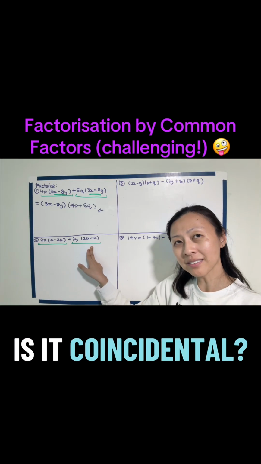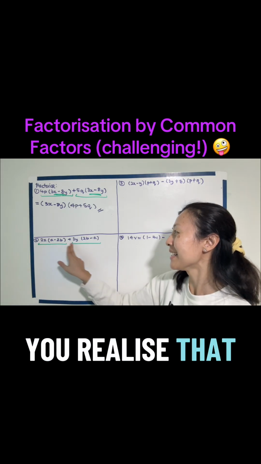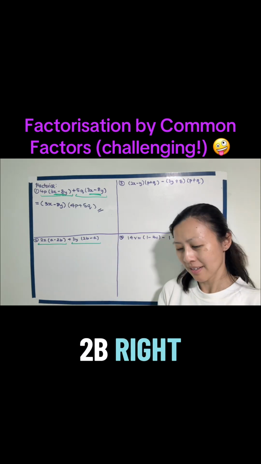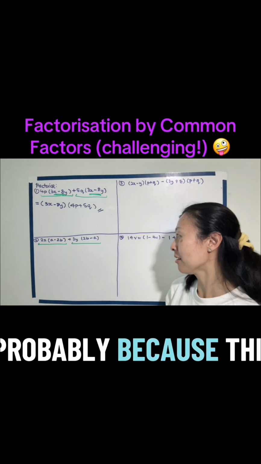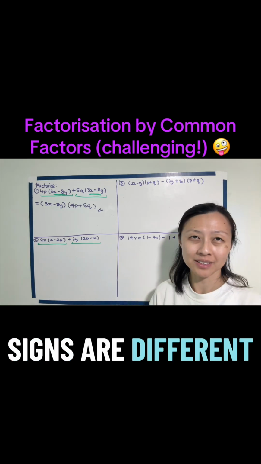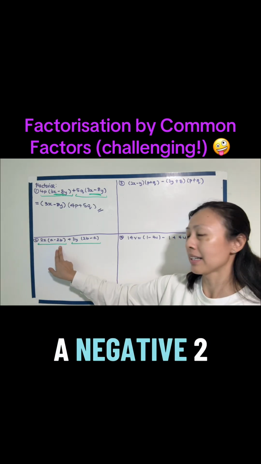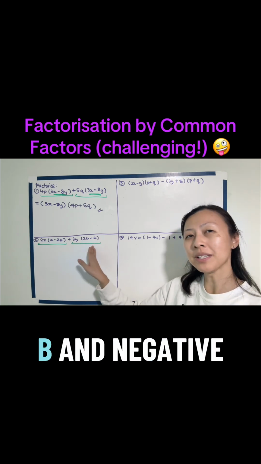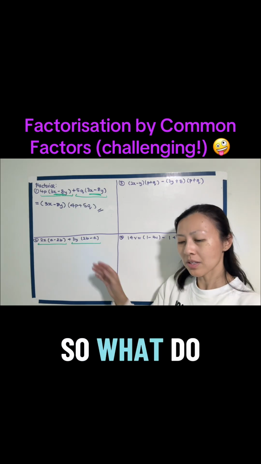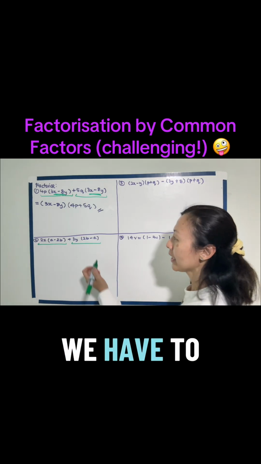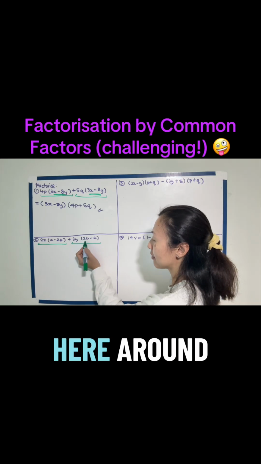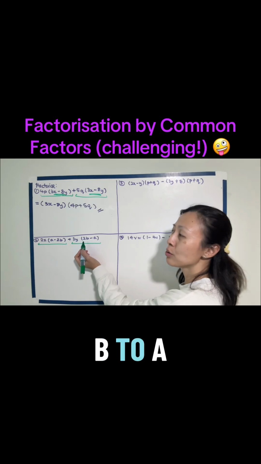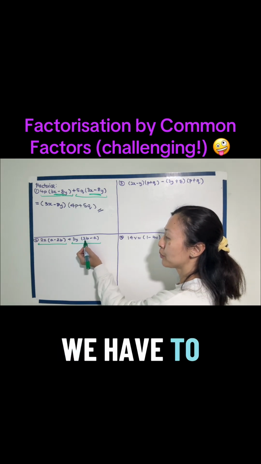Is it coincidental? Well, you realize that you're so tempted to probably factorize out a and 2b, right? But what holds you back is probably because the signs are different. This is positive a, negative 2b, whereas in the second part of the expression, it's positive 2b and negative a. So what do we have to do? Well, we have to turn the signs here around. In order to turn the sign here around from a positive 2b to a negative 2b, we have to divide